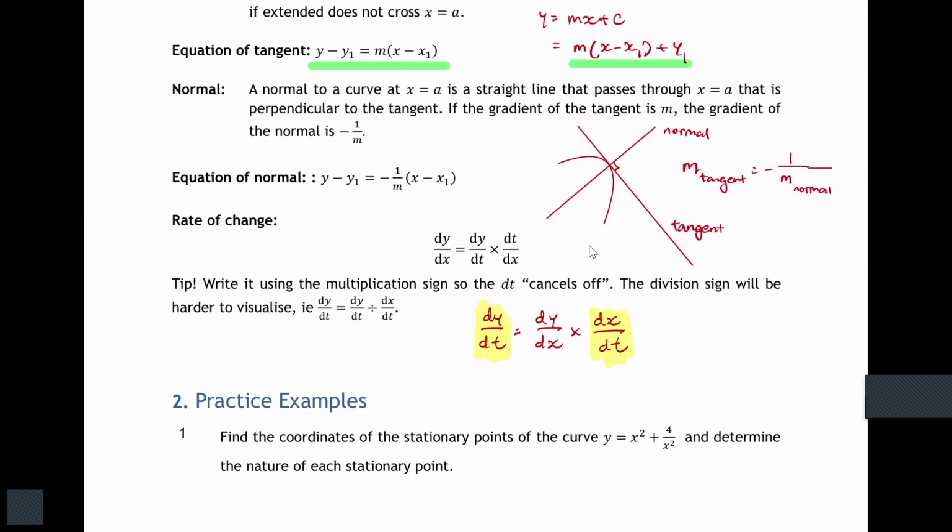Then you will also be given y as a function of x. From here, you need to derive dy dx by yourself. The question 99% of the time will be in this format. So you'll be given one. Question wants you to find this. This is the unknown. So later for question 6, we will practice how to construct this equation.